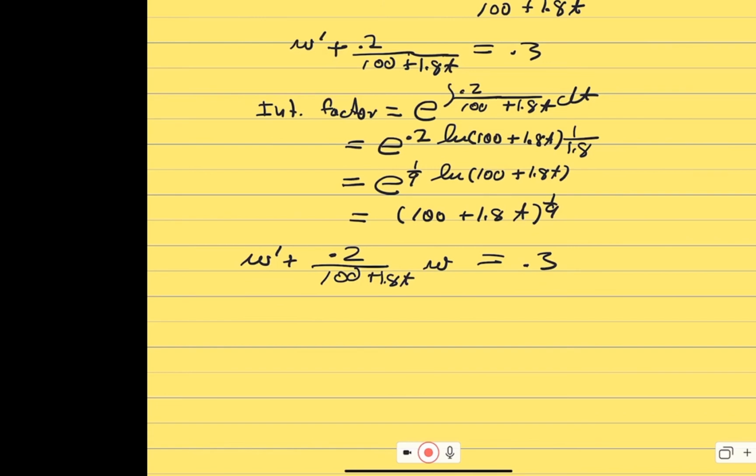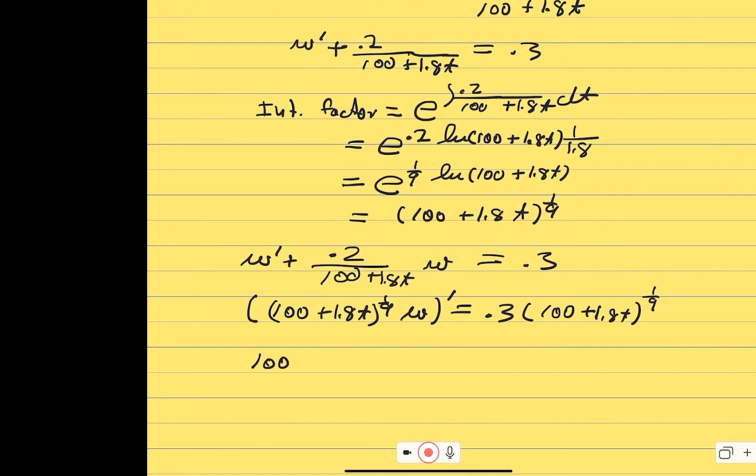I'm sorry, I had that miscopied there. When we multiply through by the integrating factor, it's going to become 100 plus 1.8 T to the 1/9 times W, that whole thing prime, equals 0.3 times 100 plus 1.8 T to the 1/9. So I can integrate this